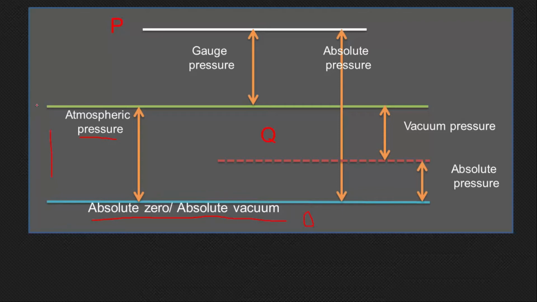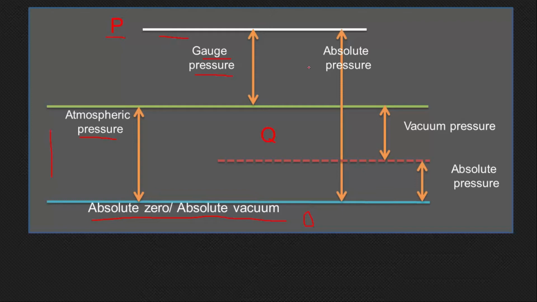We usually measure the system pressure. For example, there is a steam pipe through which steam is flowing at a pressure. A pressure gauge is installed on the pipe and it indicates a pressure, for example, 3 atmosphere or 3 atmospheric pressure. What does that mean? It means the pressure inside the pipe is more than atmospheric pressure by 3 atmospheric pressure.